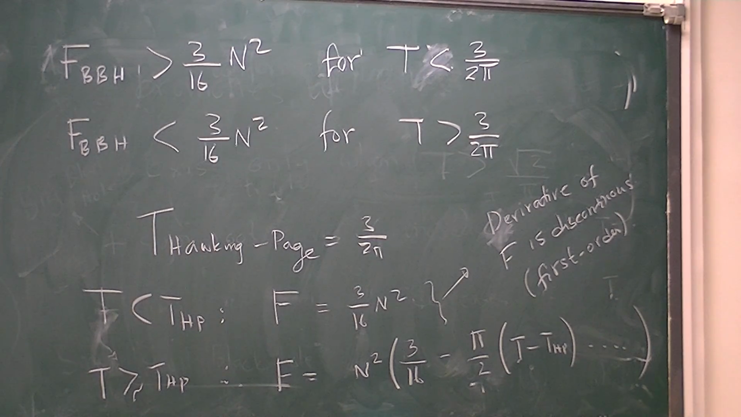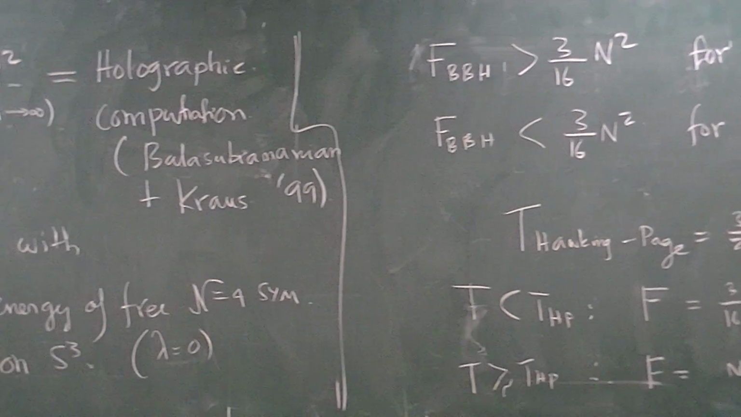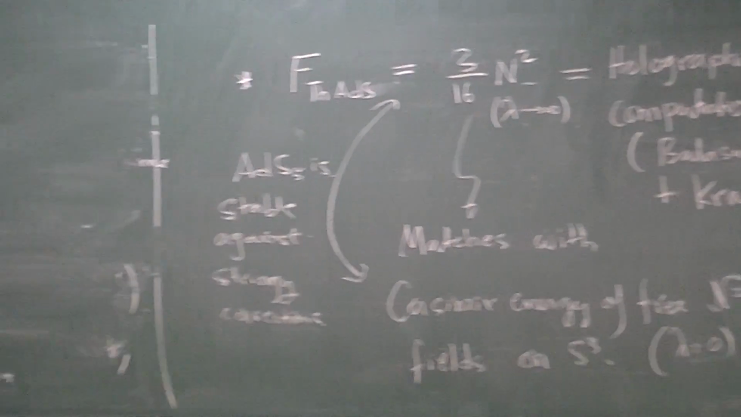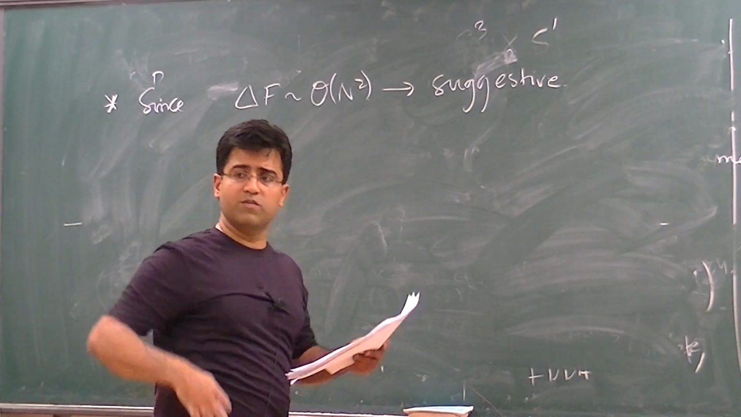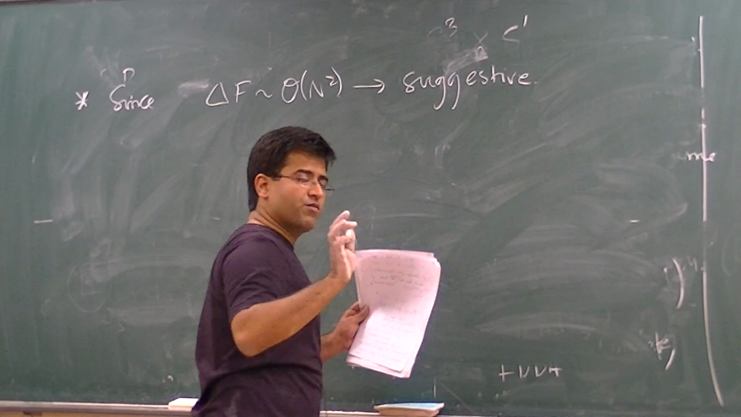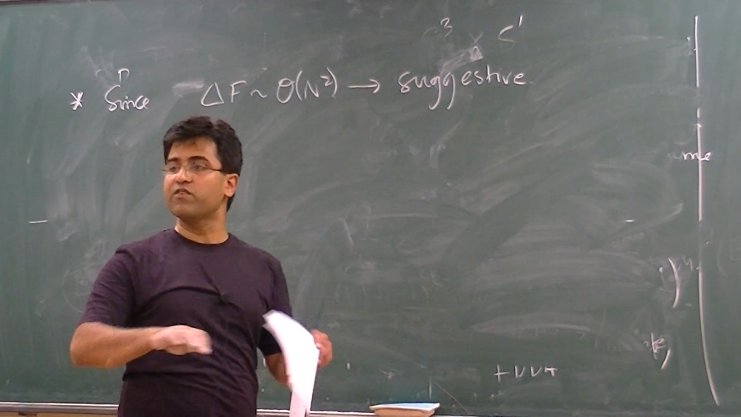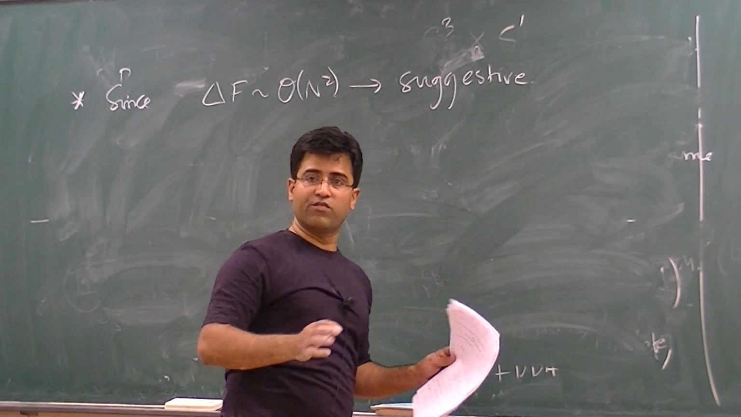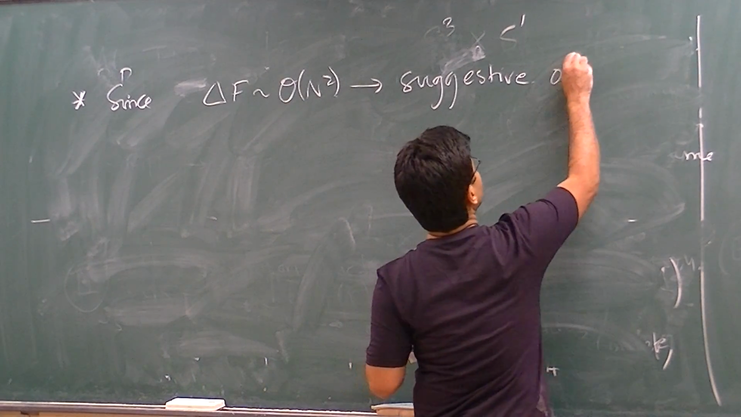So, since delta F is of order N squared, this is suggestive that there is a drastic change in the number of degrees of freedom. But this should be taken with a grain of salt, because after all the theory was not confining to begin with. It's a conformal field theory in finite volume. Okay, so suggestive of